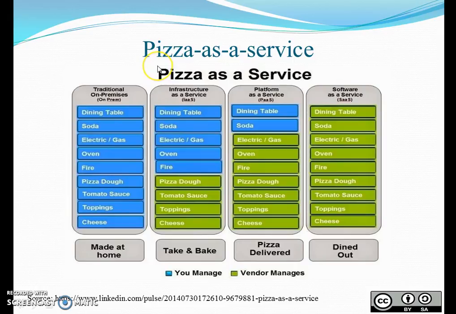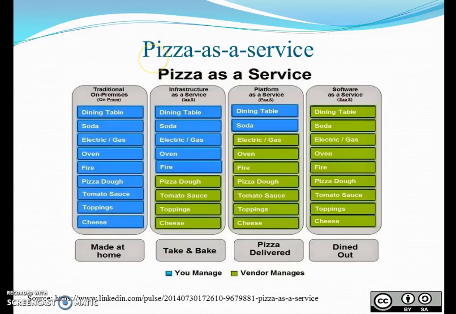Let us compare cloud services as pizza as a service, and the link I've just highlighted, the LinkedIn page, you can even refer to that. First, coming to the traditional approach, suppose I want to have a pizza, I want to make it. So I need to take care of all the items given in this list. Make sure all these are available, then go for the preparation. Then I have to take care of the systematic procedure or the steps. How do I prepare a pizza?